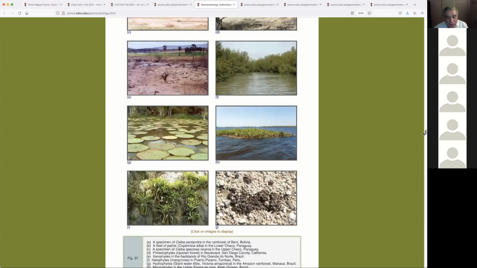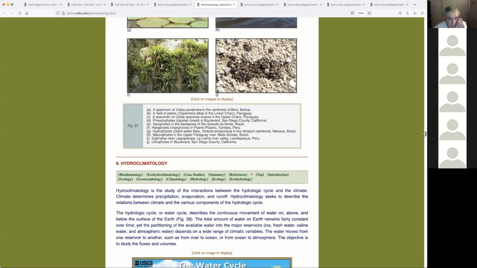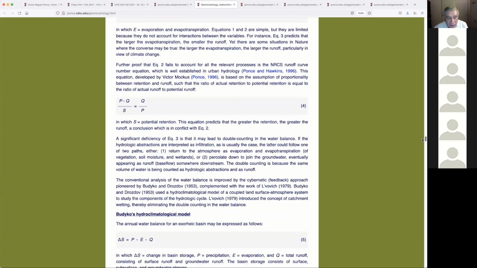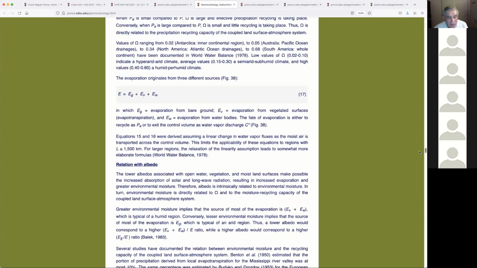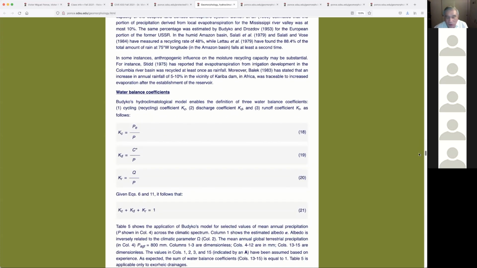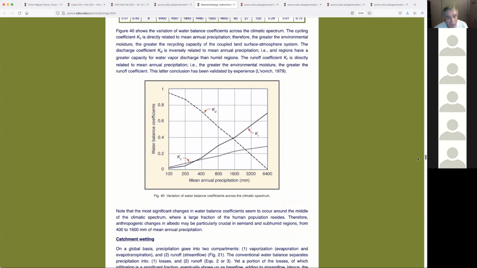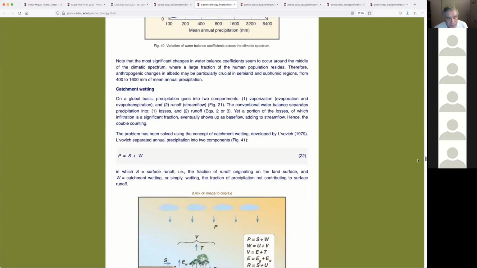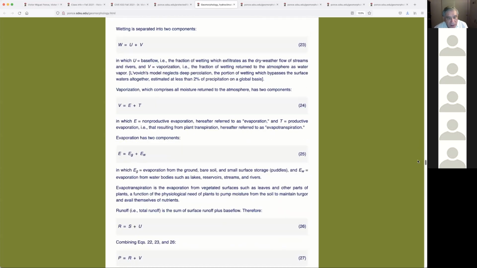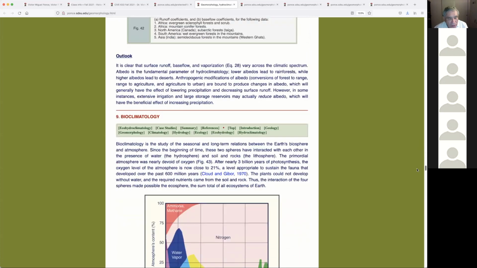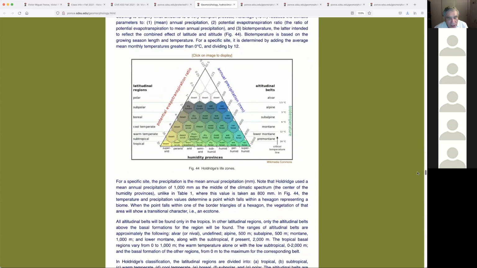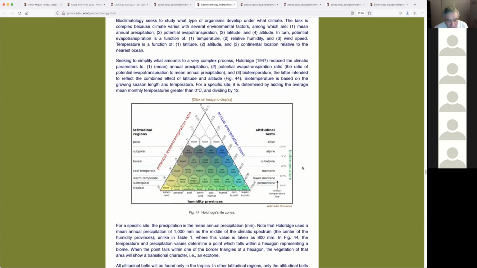So we have a bunch of pictures out here that we took from various places. Hydroclimatology, I'm not going to get in there because I've already gotten in there, and it's very extensive and detailed, but I do want you to read it in case you did not take surface water hydrology, because in surface water hydrology, we already talked about this. So this part of hydroclimatology, I'm not going to stress with you. Neither bioclimatology, although I do want to mention the Holdridge life zones,